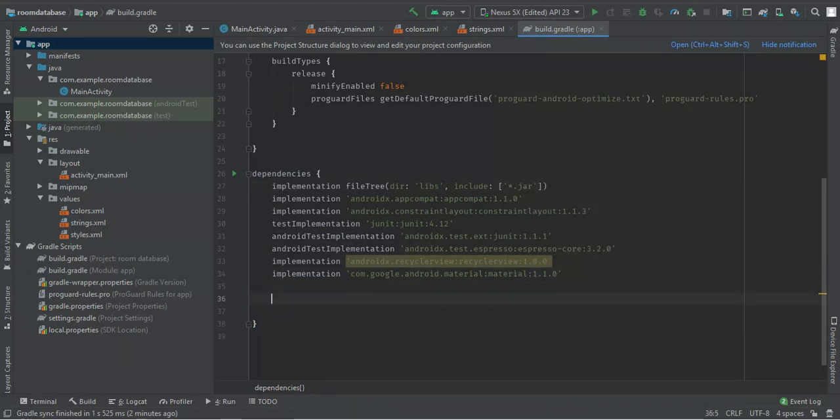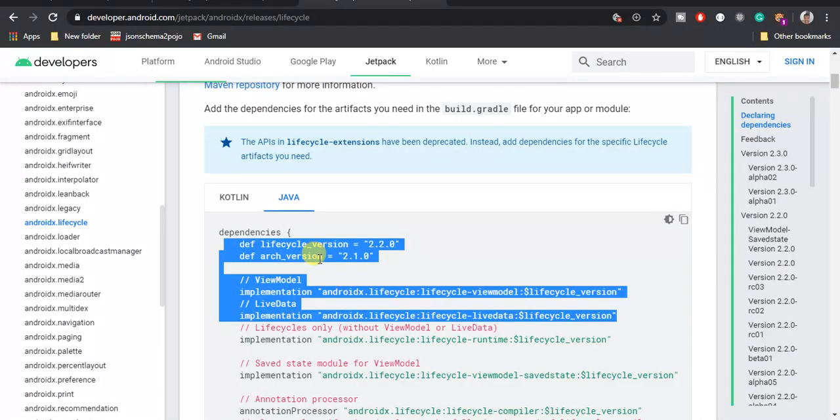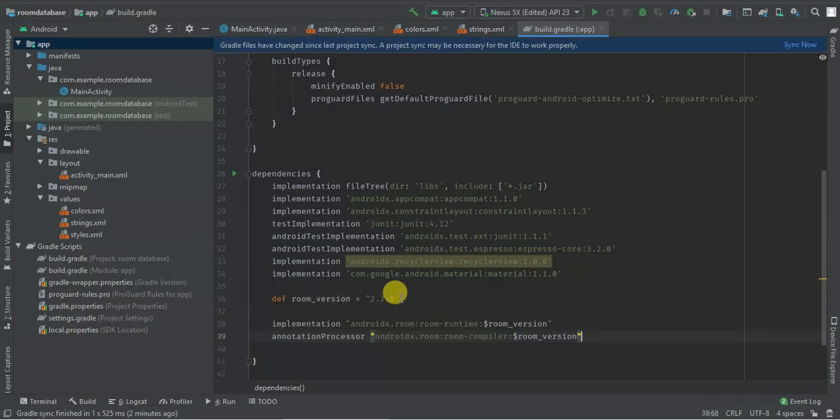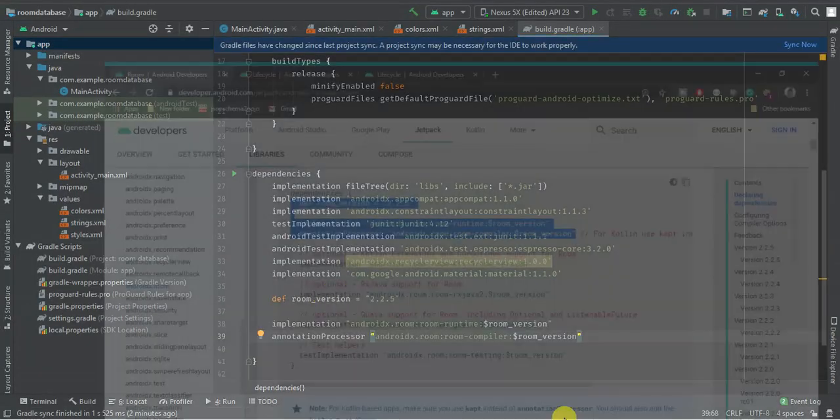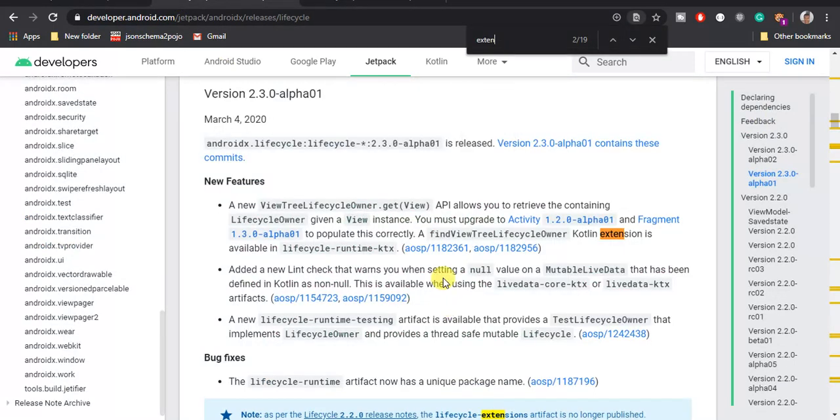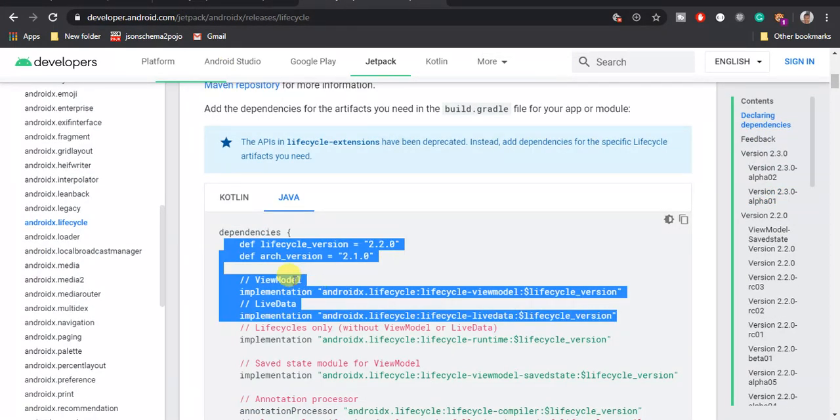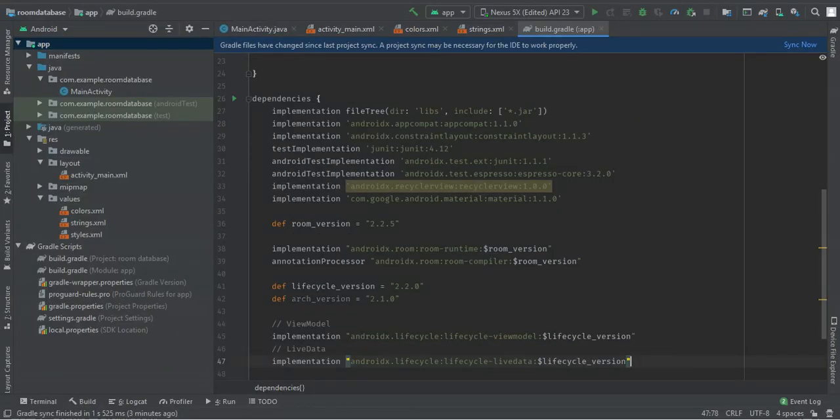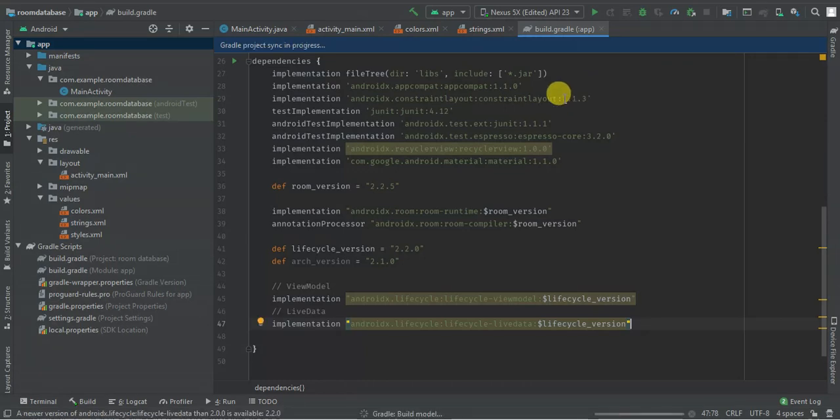And our first thing that we're going to do is to add the dependency library. I'm going to start with the room dependency. And then I'm going to add lifecycle dependency. I only need ViewModel and LiveData. I'm going to sync my project,